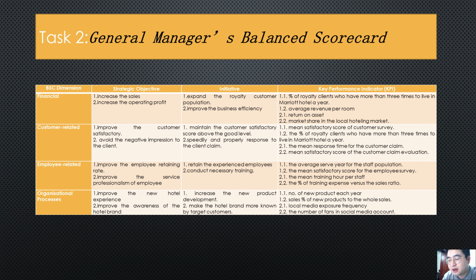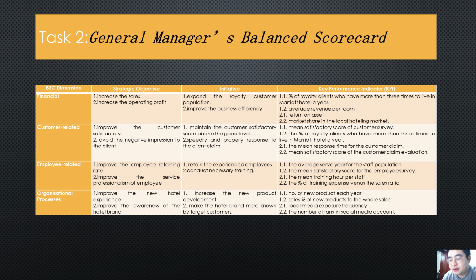Another initiative is to speedily and properly respond to client claims, by which we have to fulfill two KPIs as